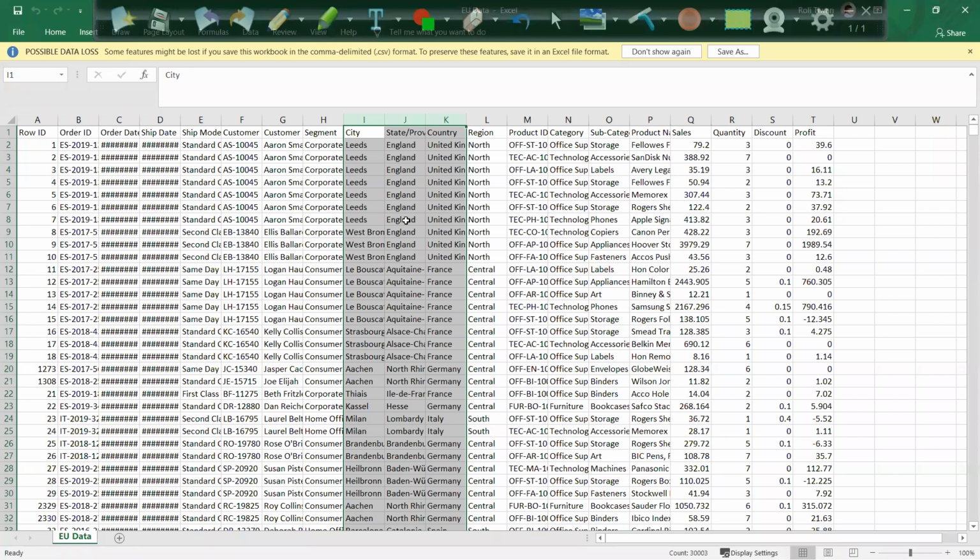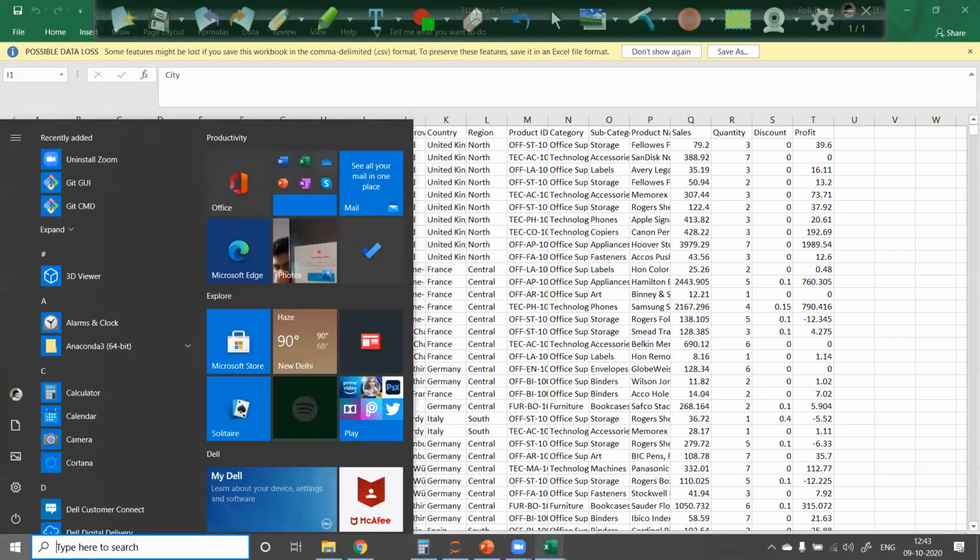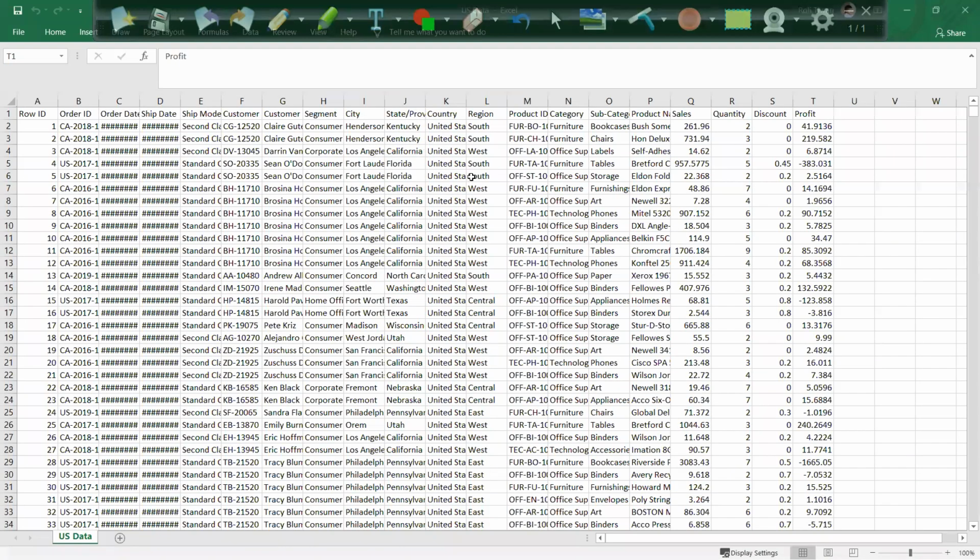All right. Now, my requirement is that I want to concatenate this data with the US data. I want to concatenate this data, or I can say union, as in SQL language. I want to union the data.